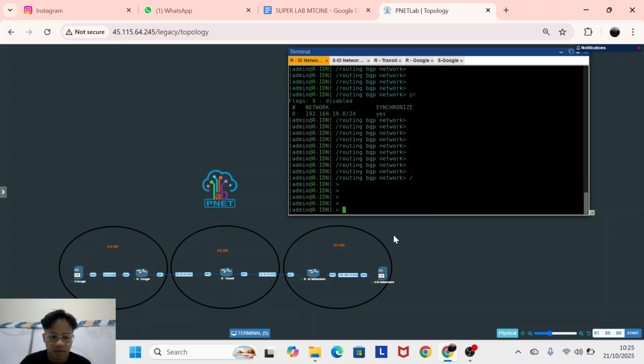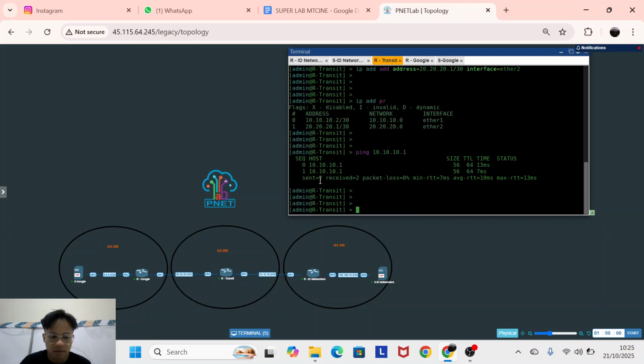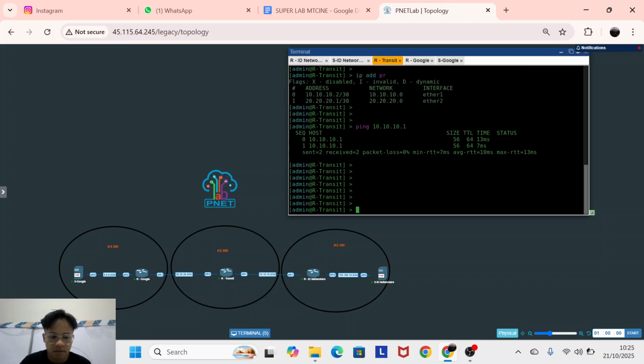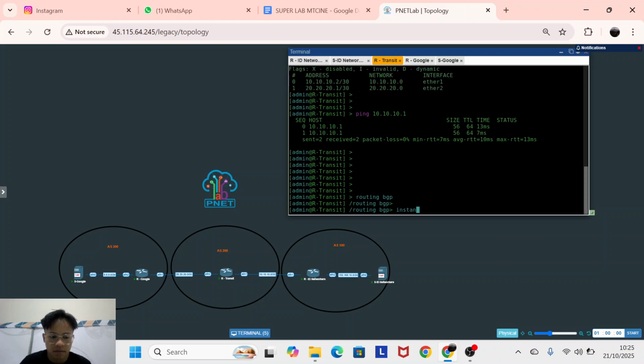Okay. So next, from transit we try routing BGP instance first.